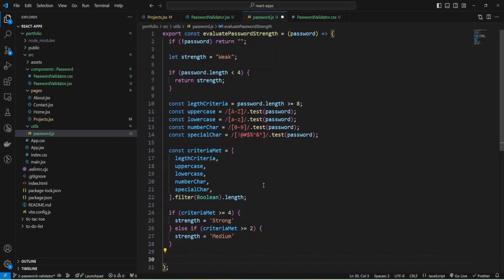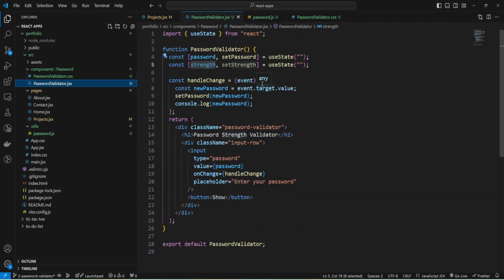And now I can just return my strength and use my function inside my JSX code.